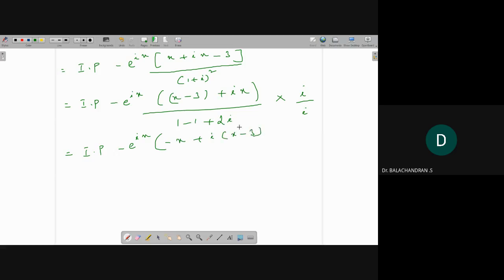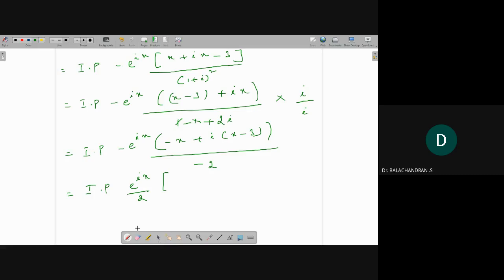So this is the real part, this is the imaginary part, divided by plus 1 minus 1 gets cancelled, so minus 2. Here you have minus, so imaginary part of e power ix by 2